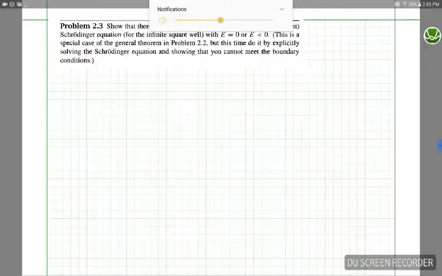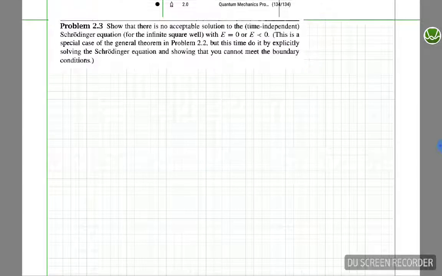Okay, this is problem 2.3 of Griffiths quantum mechanics. So this is the first problem regarding the infinite square well. So the infinite square well looks like this,